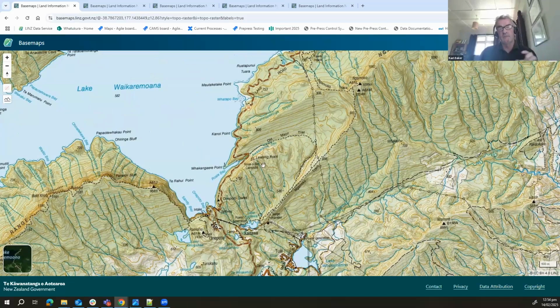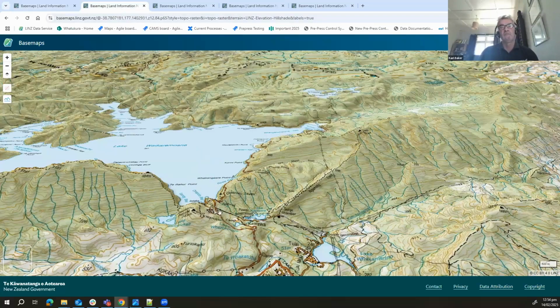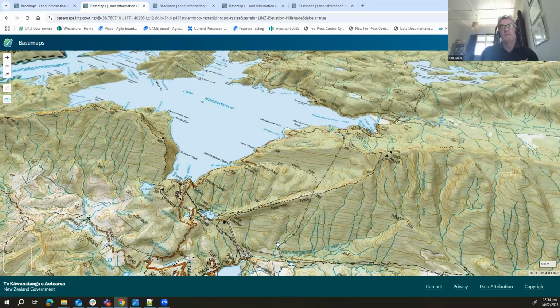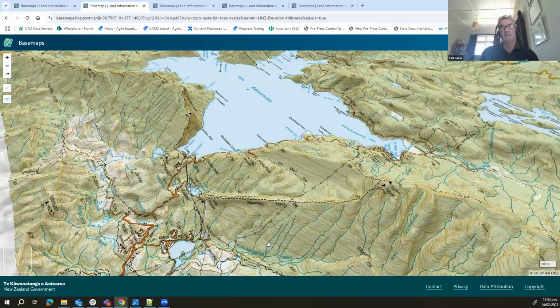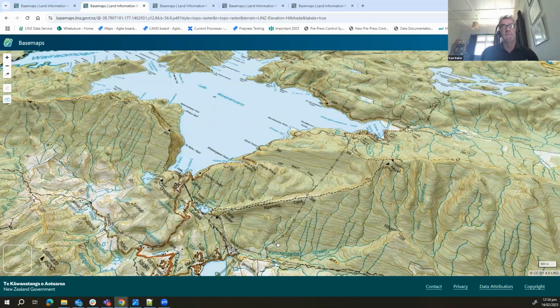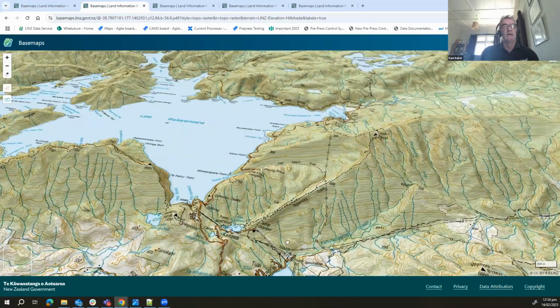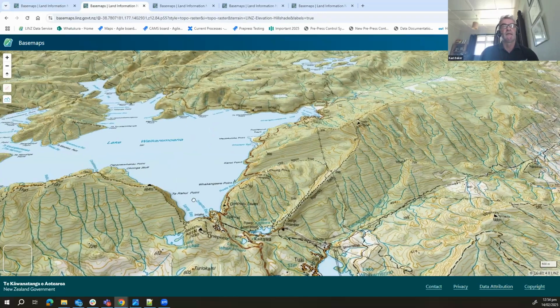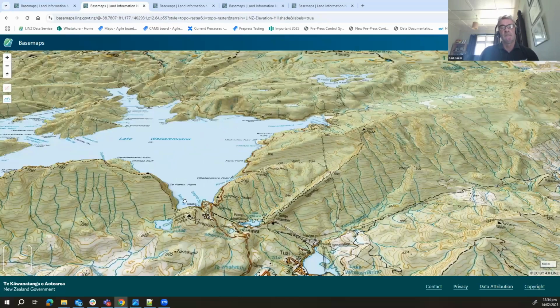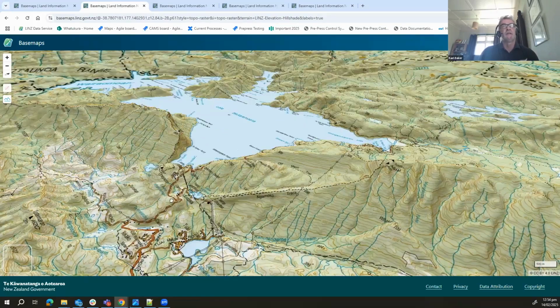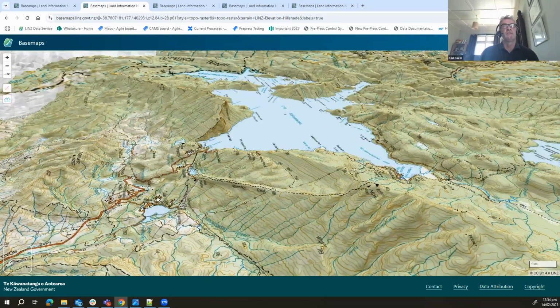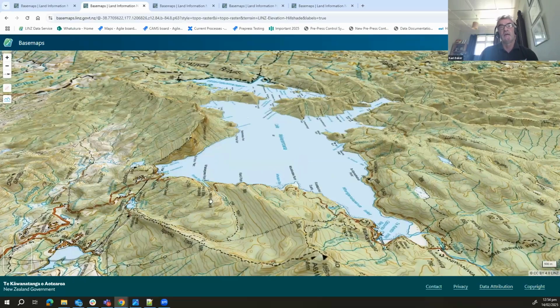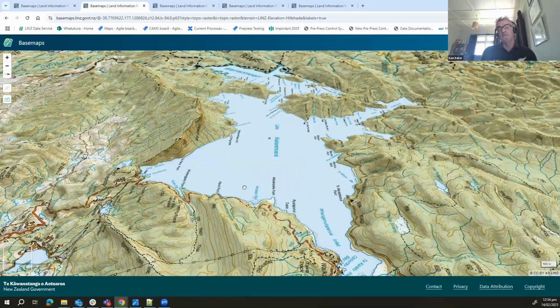I'll flick through screens, because when I was switching before, sometimes the 3D comes on, you've got to reset it, and that type of thing. When we switch our map to the 3D view and use the right mouse button to spin around, we see this 2,000-year-old landslide with the contours of where it came from and where it ended up, and this is why Lake Waikaremoana was formed. There are also these cliffs on the south side of the lake where the Great Walk goes around. It really gives you a better understanding of what you're going to encounter when you go into these areas. And that's with a map draped over our 3D model.